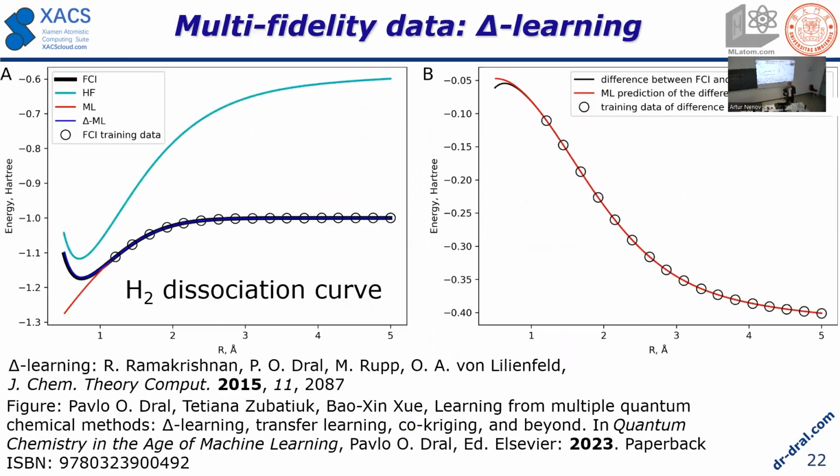One way of combining methods is delta learning, which is very simple to understand and very intuitive. You have some bad methods like Hartree-Fock, which have very bad accuracy but good physical behavior. Then you combine with machine learning, which has very good accuracy but not very physical behavior if you don't have enough data. If you combine them together and just train the difference between low-level methods like Hartree-Fock and coupled cluster or full CI, then these differences are usually much easier to learn. Then your predictions are better, more accurate and more physically correct, with the additional cost that you need to run Hartree-Fock calculations, right? But at the end, accuracy will be good.